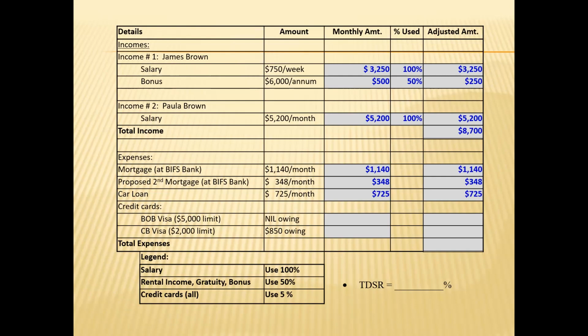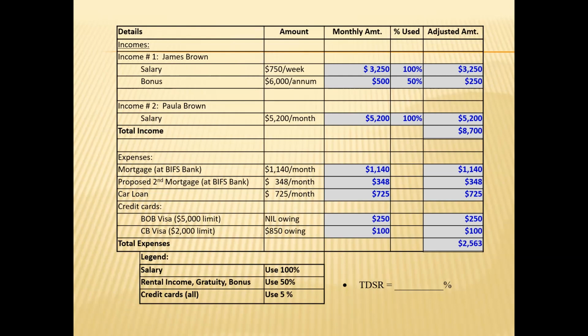The credit cards, 5% of the $5,000, 250. 250 in both columns. And the CB Visa, 100, in both columns. So we add the 5 of those items together, and we get